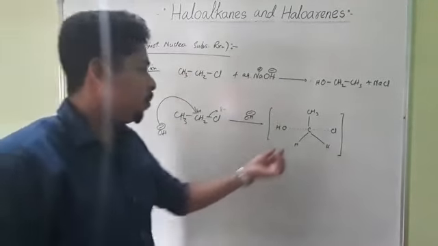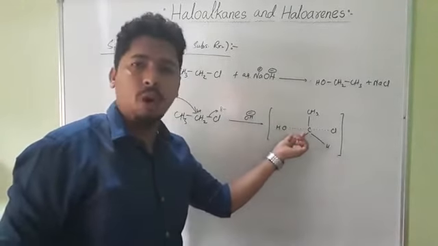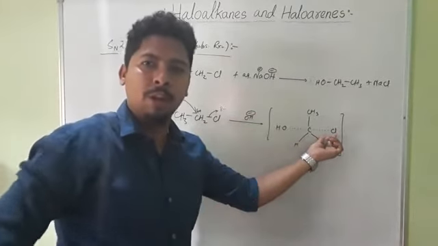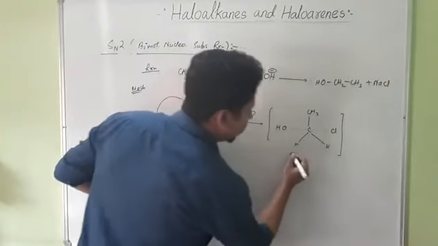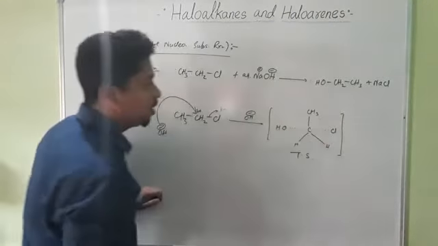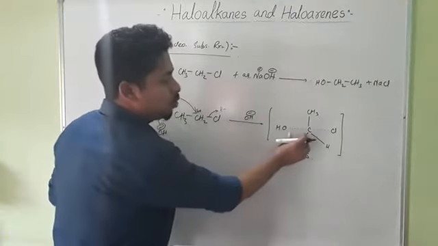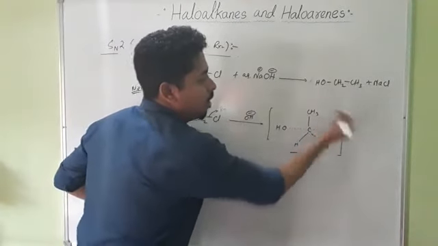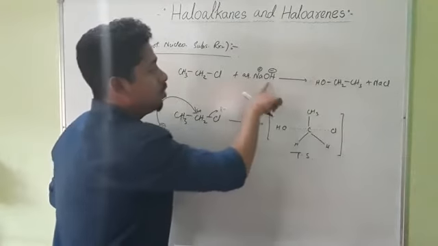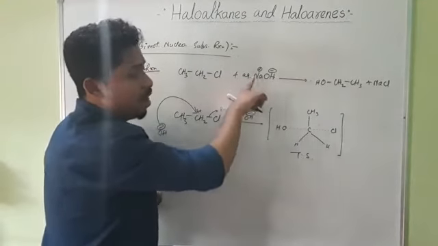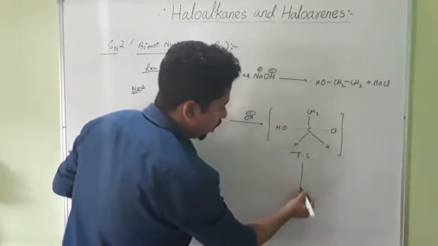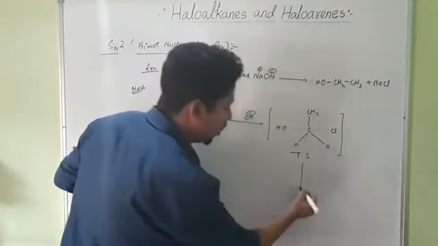So at that time, while this carbon-oxygen bond forms, this carbon-chlorine bond will break. This is the transition state. After a while, this carbon-oxygen bond, the carbon-OH bond, will form, and this Cl minus will be removed. The Cl minus will attach with this Na and form NaCl. So this is the transition state, and after that it will form